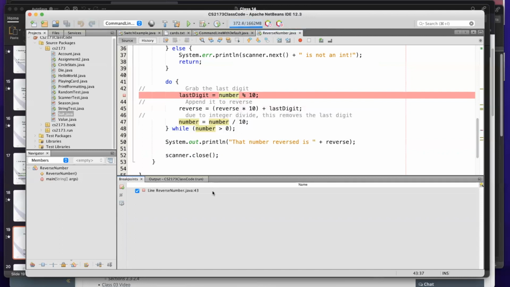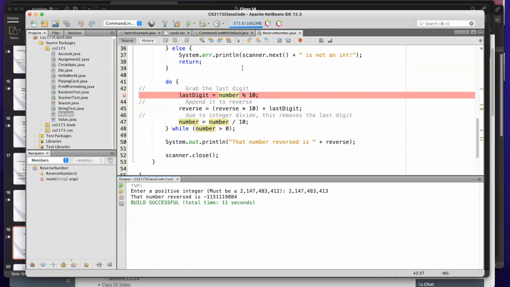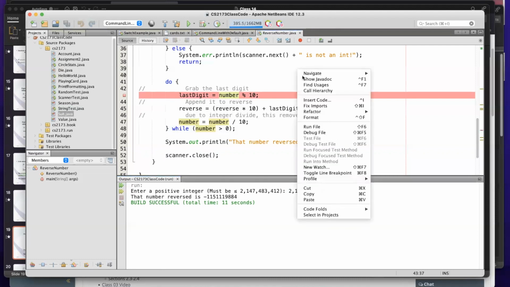In a large program, I may have a number of different breakpoints, and I may want to know where they are. And so I can identify them this way. So how can I run this? Well, there are actually two ways. Depending on if I'm running it from up here from the toolbar, it's this one, not the one to the right. But here I don't have a command set up there. But if I right click, and instead of saying run file, I say debug file,